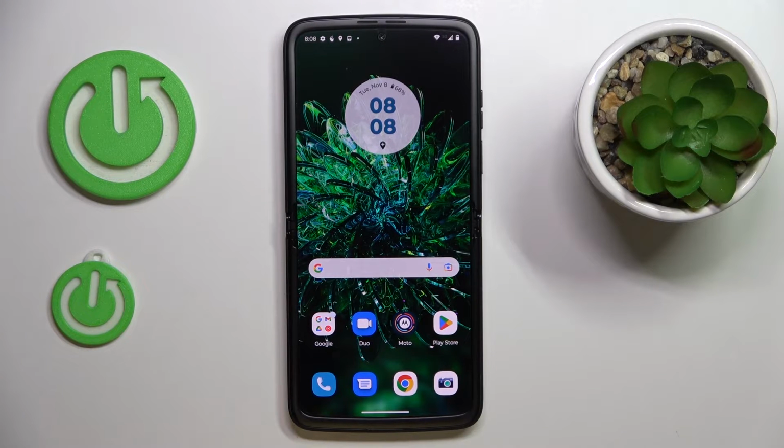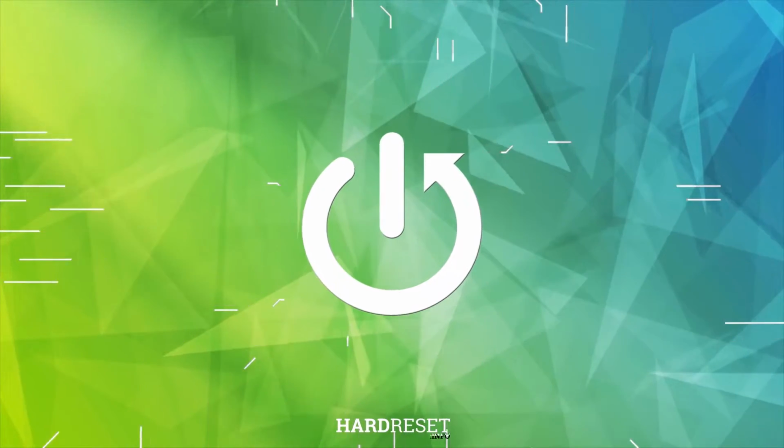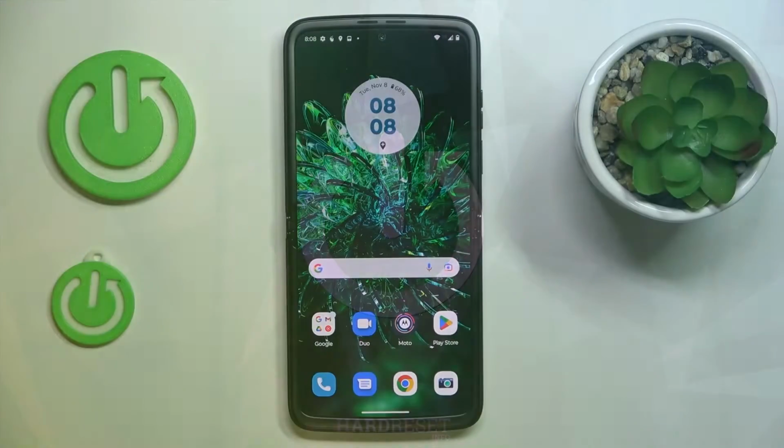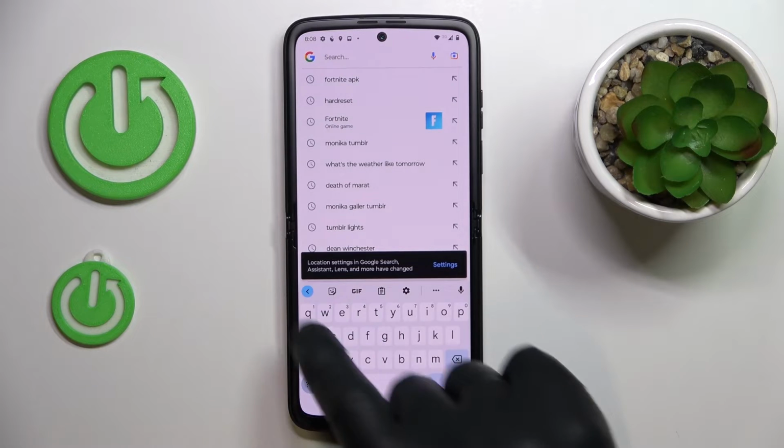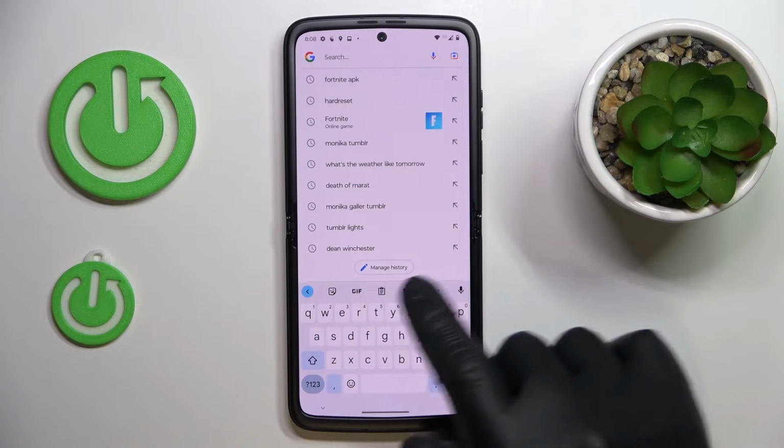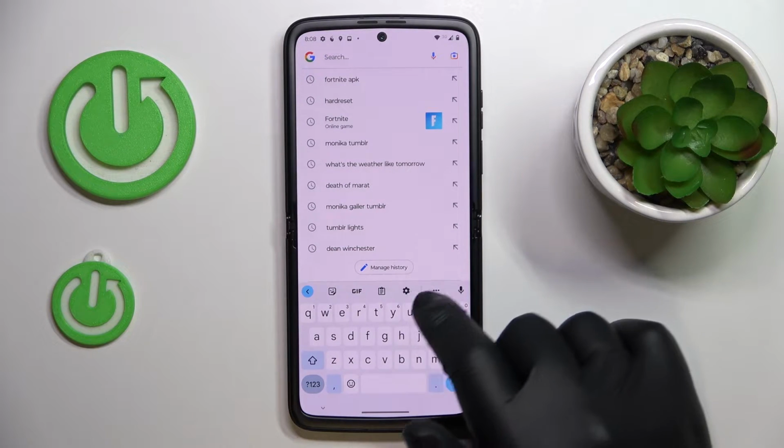This is the Motorola Razr 2022, and today we would like to demonstrate how you can add numbers to the keyboard on this device. So first of all, you gotta launch the keyboard. In here, among these little icons at the options bar, find the cog icon that stands for the keyboard settings,